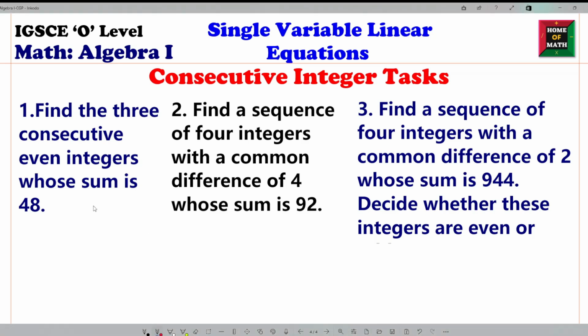Find the 3 consecutive even integers whose sum is 48. Answer